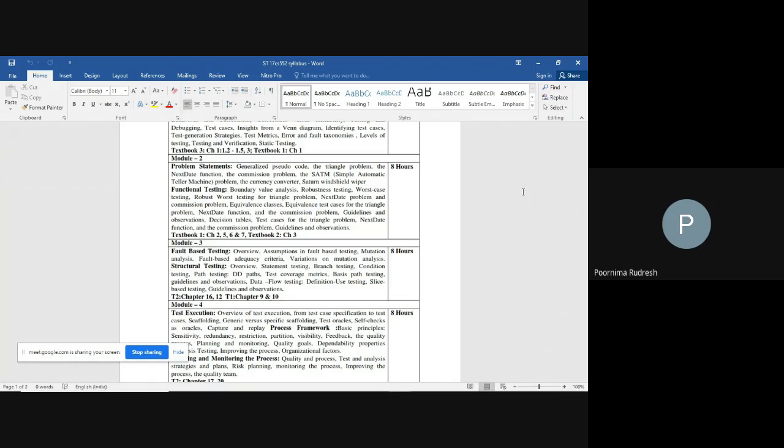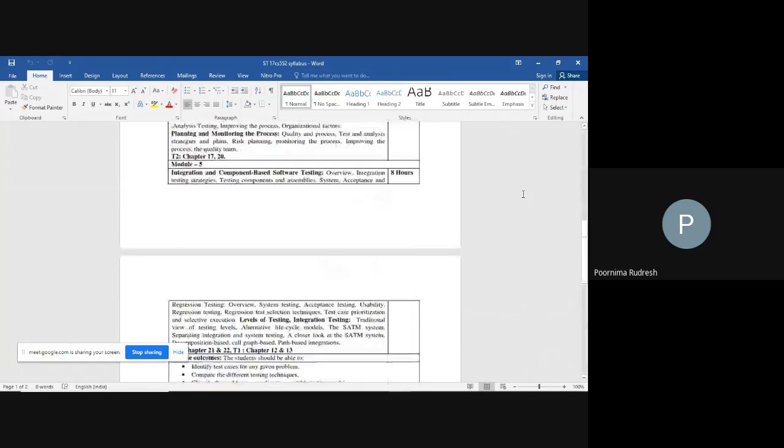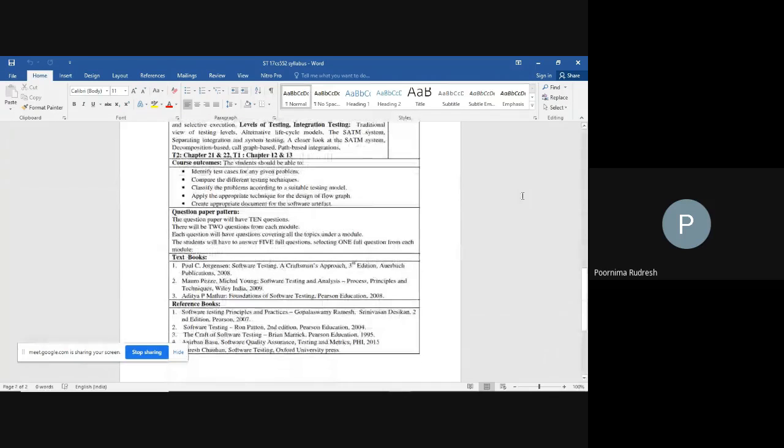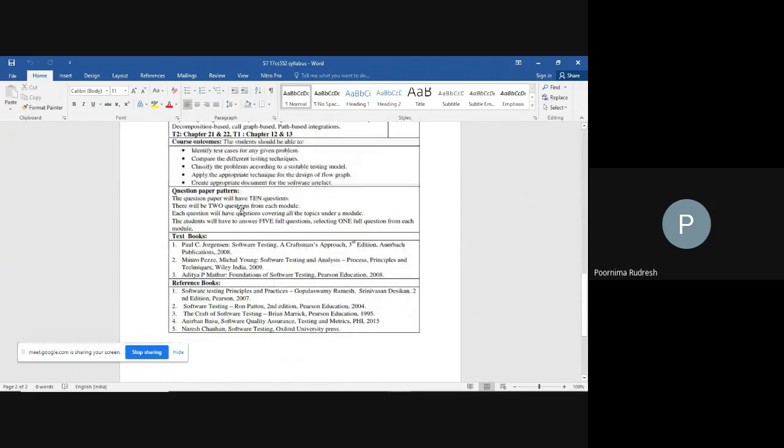Textbook 1 is Software Testing, A Craftsman Approach by Paul C. Jorgensen. The second one is Mauro Pezzè and Michal Young, Software Testing and Analysis. So the second module topics are covered from these two textbooks. Major topics are covered from the textbook 1, and only one chapter is covered from the textbook 2. Okay, so first I'll start with the